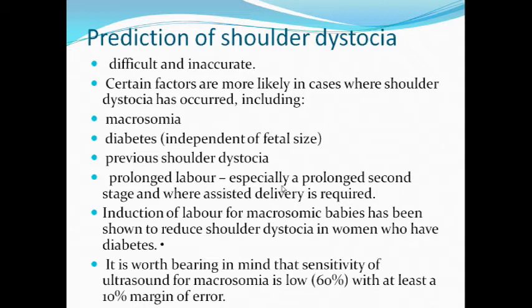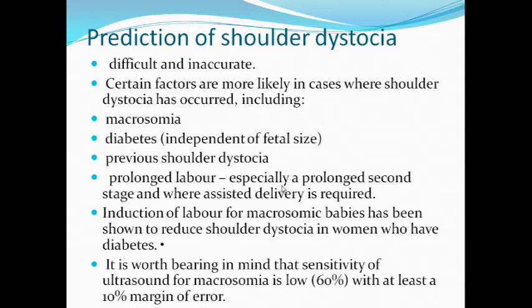Shoulder dystocia is not very common, but when a patient has a history of diabetes and the baby size is more, practitioners used to do induction of labor. Anyway, in a diabetic patient we do not prolong the pregnancy more than 38-39 weeks. We deliver the baby early. So if there is a chance of macrosomia and shoulder dystocia, we induce the patient early, before 40 weeks, so the size will not increase and the chances of normal delivery without any complication are more.